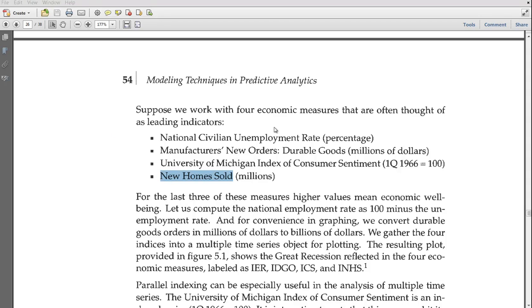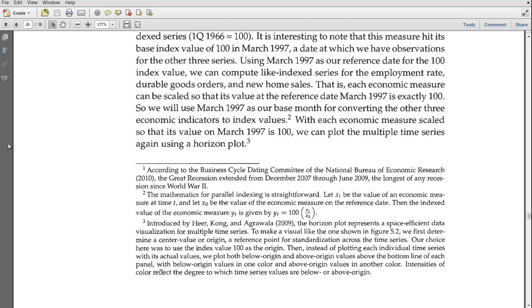And maybe these all are different kinds of reflections of the way the economy is behaving. They say these are often thought of as leading indicators. Leading indicators I didn't understand for a long time, but they mean that they predict the behavior of the economy. In other words, they happen before the overall economy changes.